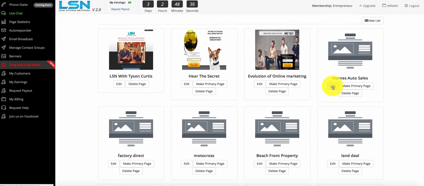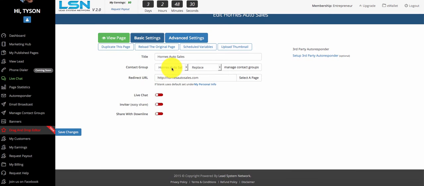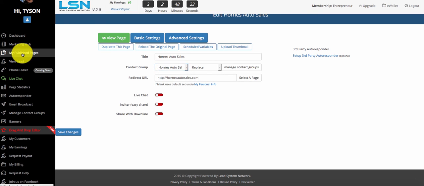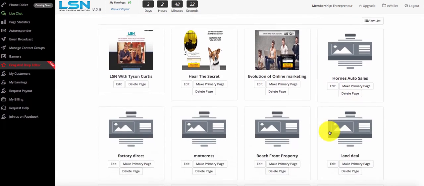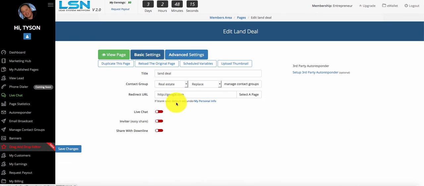Let's go to edit here. It's going to go in the contact group. If I click on basic settings here, contact group, the auto sales dealership. So you can select per page, published page, you can actually decide what or where those contacts go as soon as they opt in. Now also in the edit, you guys can see that there's a redirect here. You can change the redirect. So once they do opt into the form, with their details, where do you want those people to go once